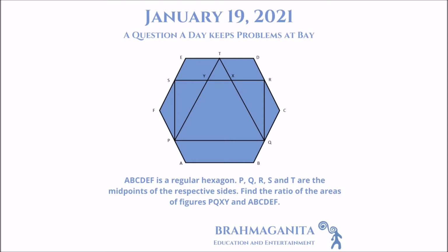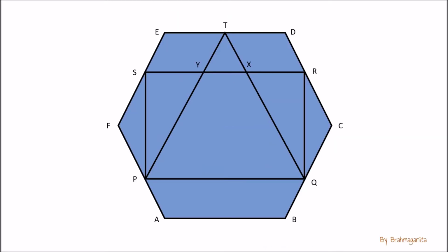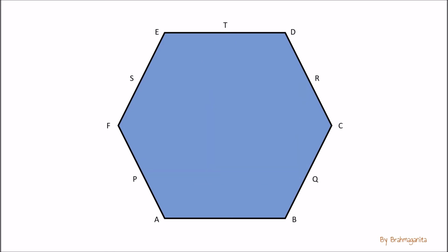Well, this question is going to take a lot of time if we use all the fancy geometry and trigonometry over here, but the challenge is to solve this question without using any kind of mathematical formulae. Let us identify the area PQXY first of all with this yellow shade. Now this area is of course the intersection of the rectangle PQRS and the triangle PQT.